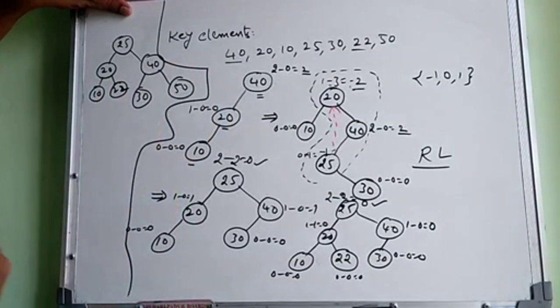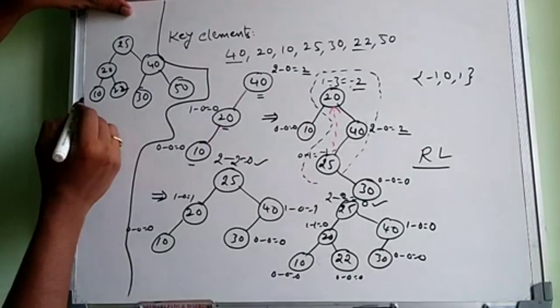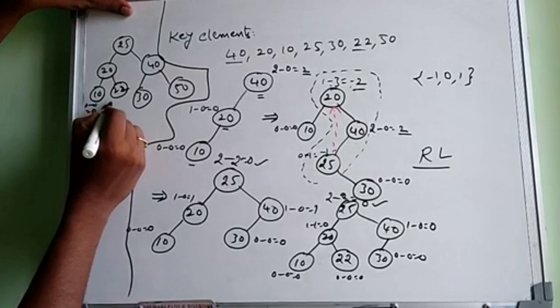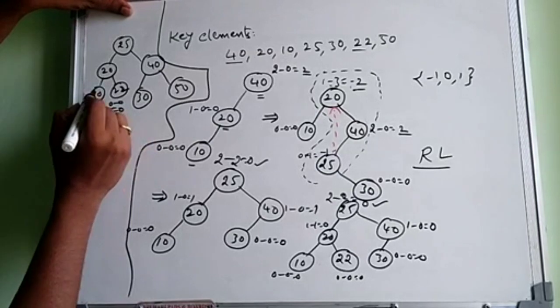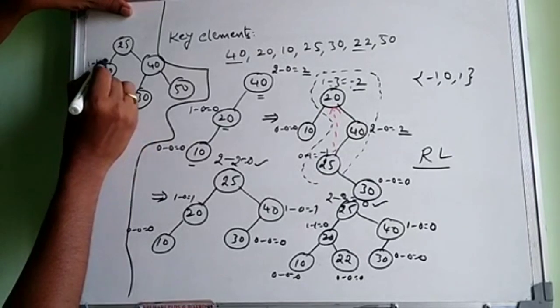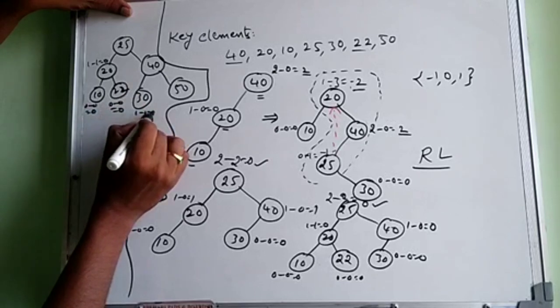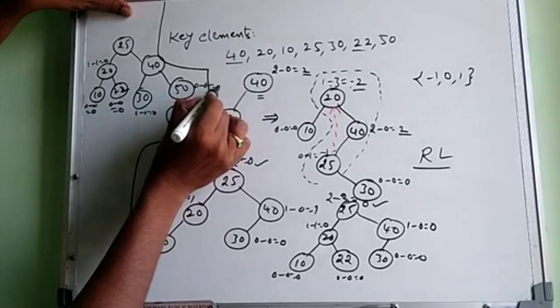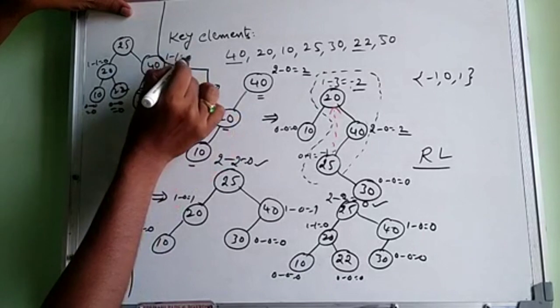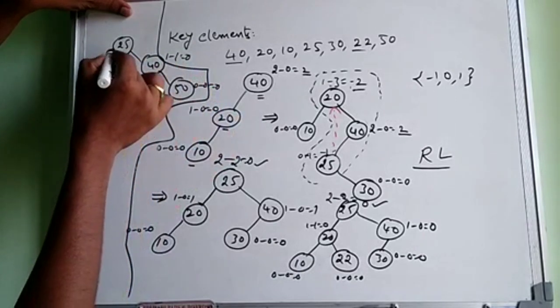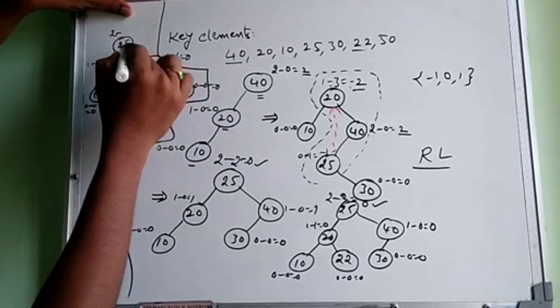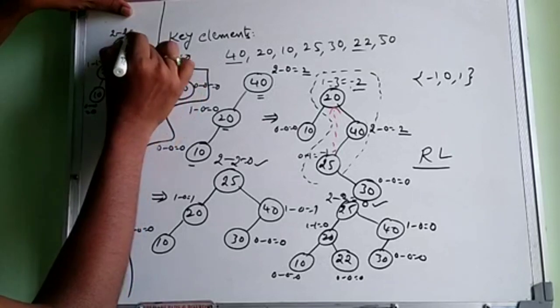Okay, check whether the balancing factor is under the AVL tree or not, as well as binary search tree. So it is 0 minus 0 equal to 0, 0 minus 0 equal to 0. So left child is 1, right child is 1, 0. So 0 minus 0 is 0, 0 minus 0 equal to 0. Left side 1, right side 1 equal to 0. So total nodes 1, 2, total height is 2, 0.